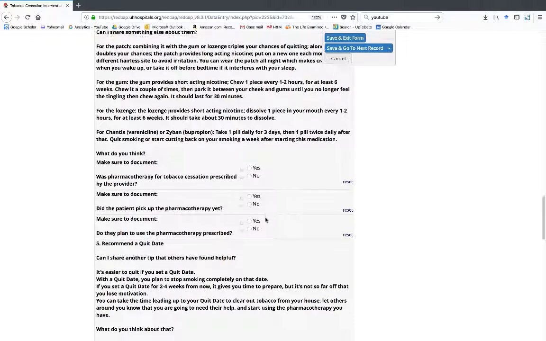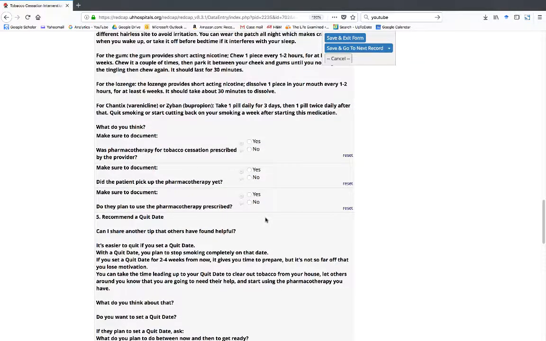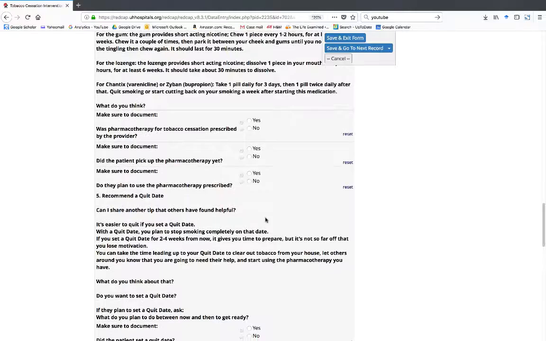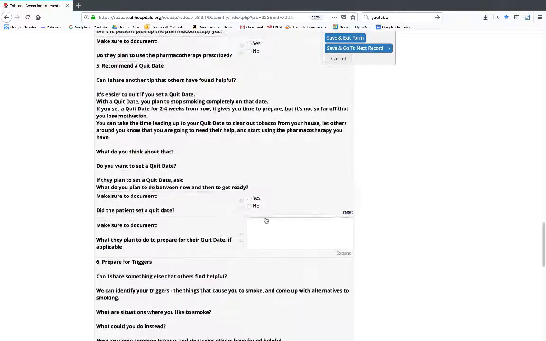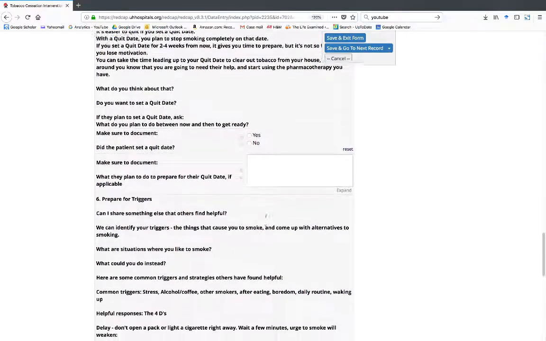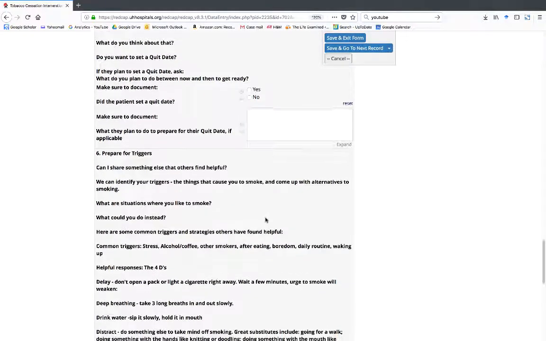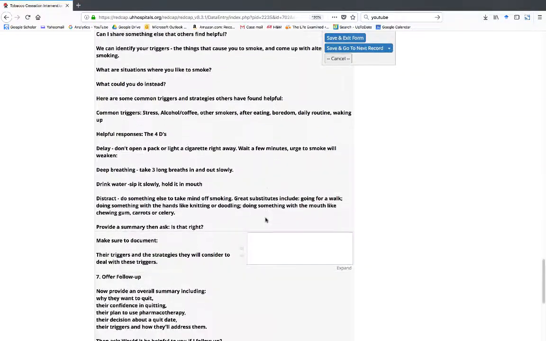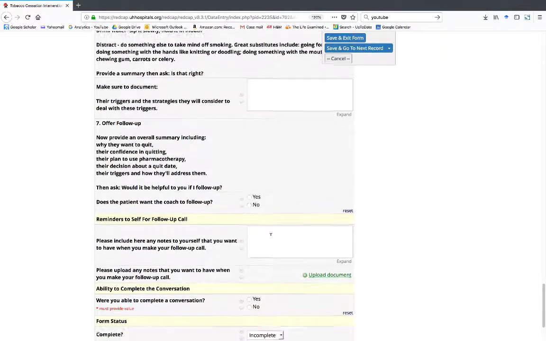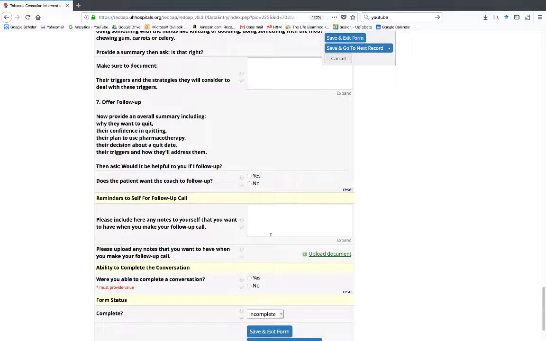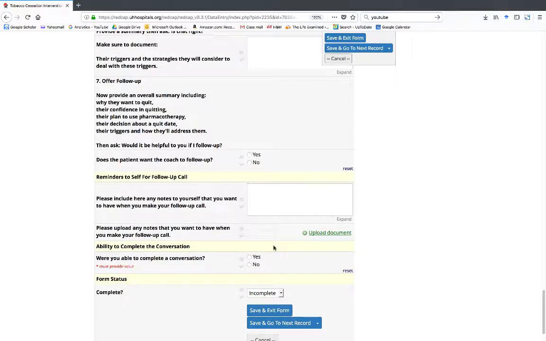whether or not pharmacotherapy was prescribed, whether or not they picked it up, whether they plan to use it, continue through the protocol, whether or not they set a quit date, what their triggers are and what they plan to do about them, whether or not they want you to follow up, any notes to yourself that you want to see when you call the patient to follow up with them,